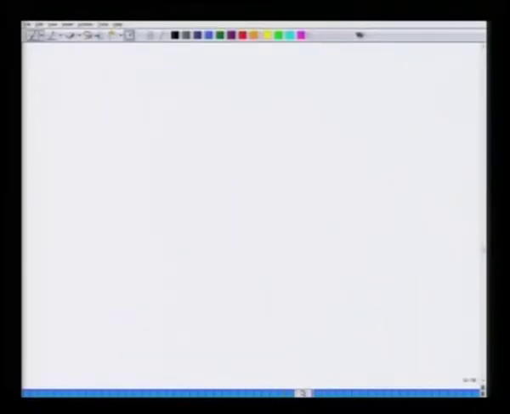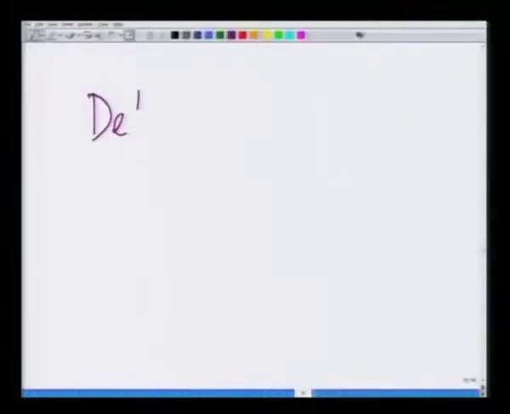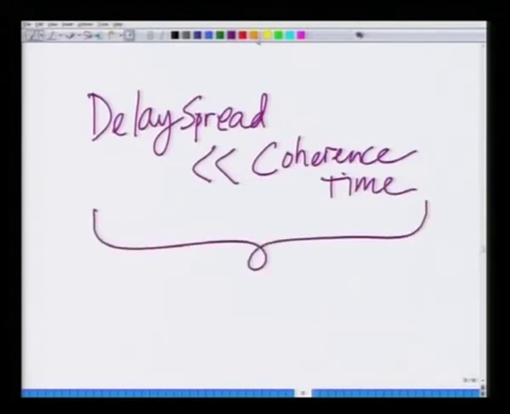Channels that satisfy this property, delay spread much smaller than coherence time, have a special name. They are known as underspread